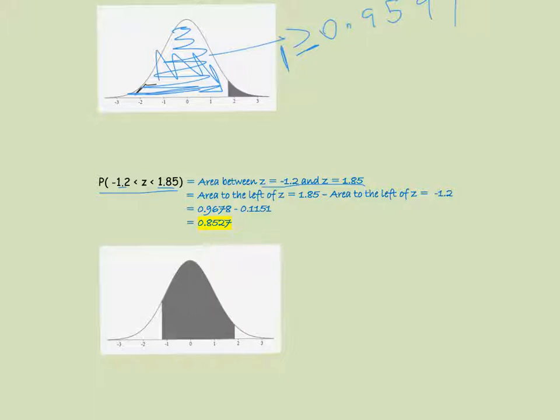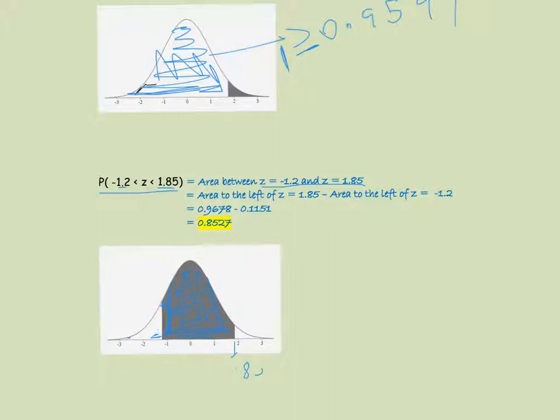Again, remember that the table only gives us the entire area to the left of a given z value. So I can find the entire area to the left of 1.85, which includes everything to the left of it. But I want just the area that's shaded, which means from this entire area, I would have to get rid of